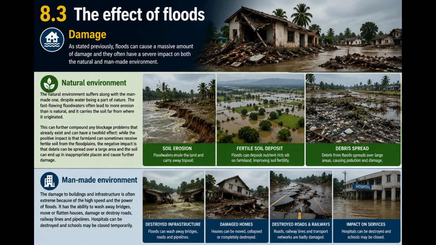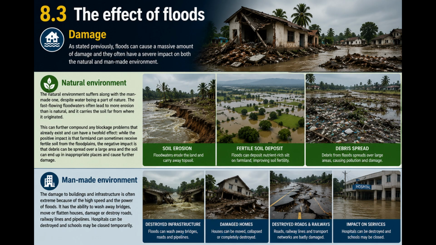The fast-flowing floodwaters often lead to more erosion than is natural, and it carries the soil far from where it originated. This can further compound any blockage problems that already exist and can have a twofold effect. While the positive impact is that farmland can sometimes receive fertile soil from the floodplains, the negative impact is that debris can be spread over a large area and the soil can end up in inappropriate places and cause further